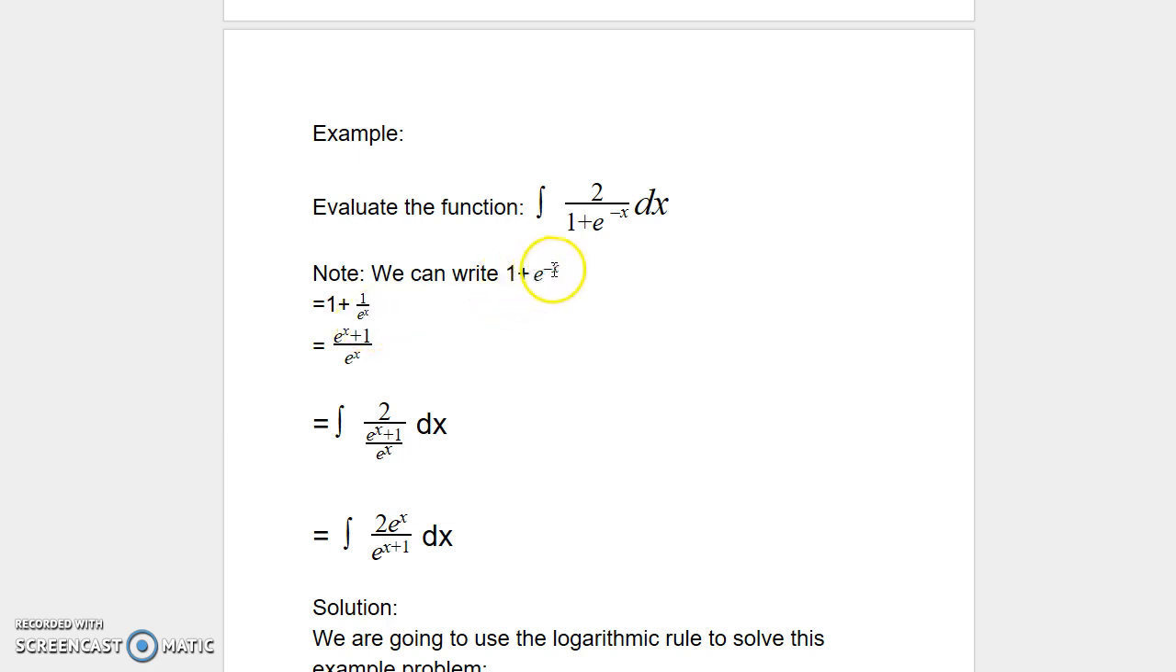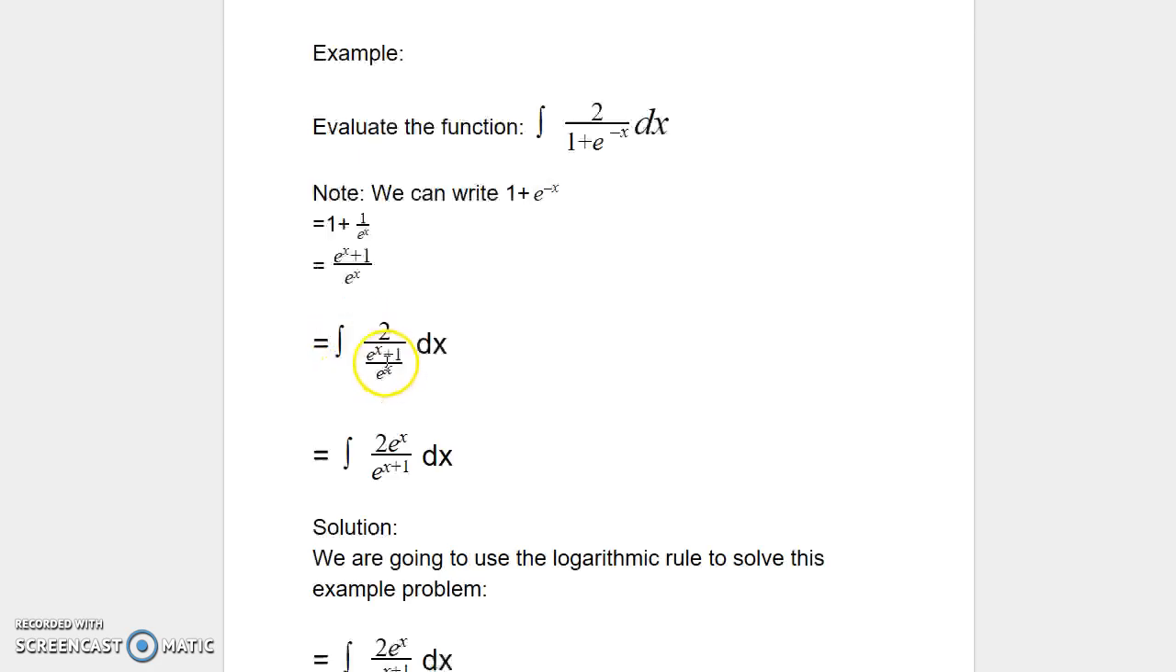So when the negative exponent comes to the denominator, it becomes a positive exponent, like that. So I'm going to take a common denominator between 1 plus 1 over e to the power of x. E to the power of x is a common denominator. So the numerator becomes e^x plus 1. So therefore,